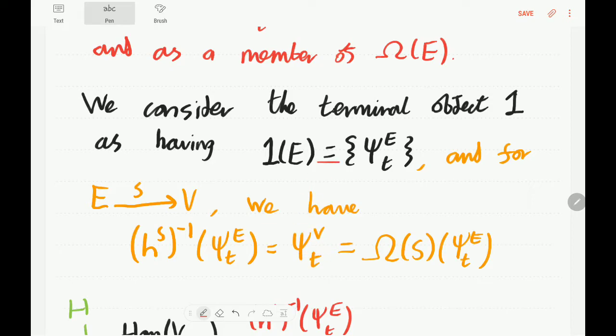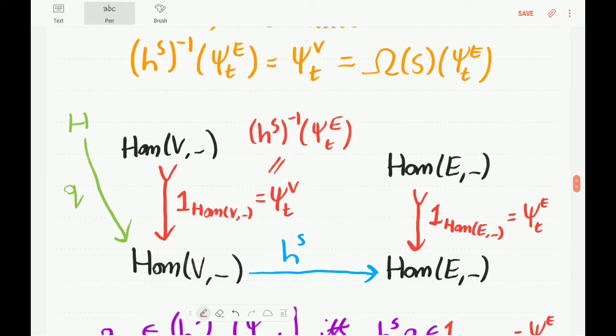So this means that when we restrict the action that's going on in omega onto this kind of included subobject 1 here, we can just define the S action on the terminal object as the sort of restriction of the S action on omega. And this works because it is indeed true that the pullback of, when we do the S action on psi E T, this essentially pulling back psi E T along H S to the -1, and that indeed does give us psi V T,